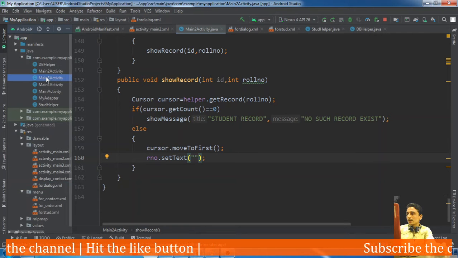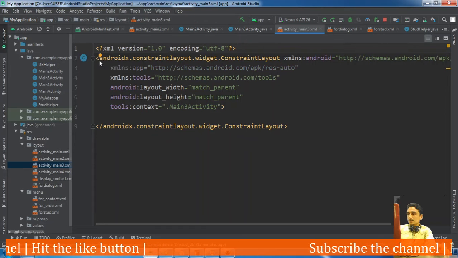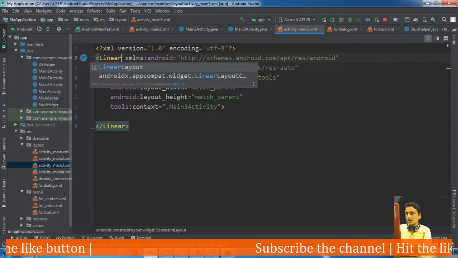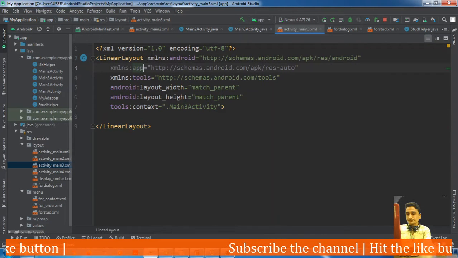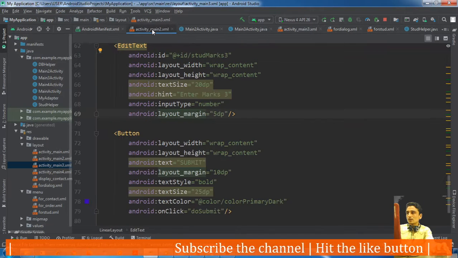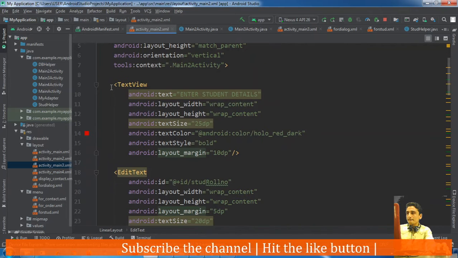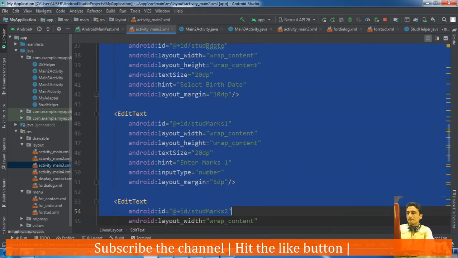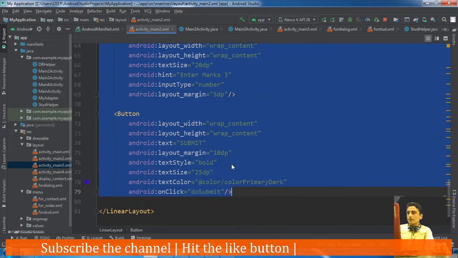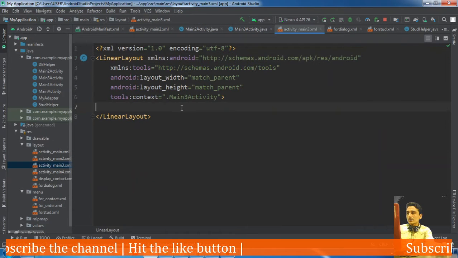Yeah, we have another activity, main 3, okay, and the layout of this activity is this. Here in this activity we will change the layout to a linear layout, and we will copy the views from this activity here.